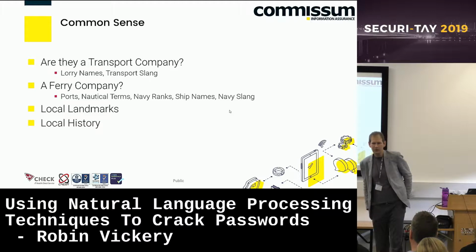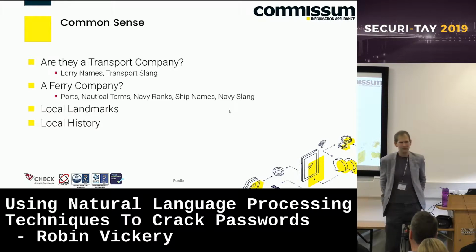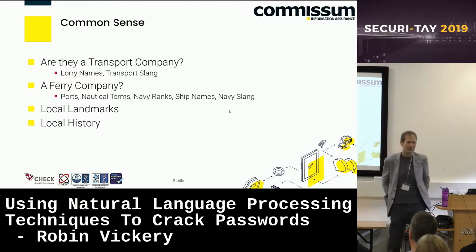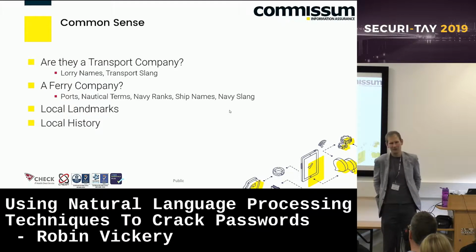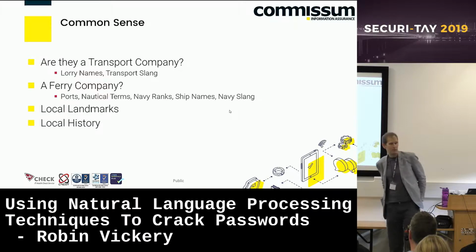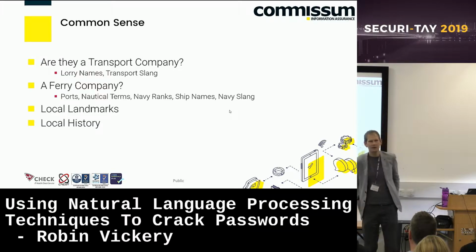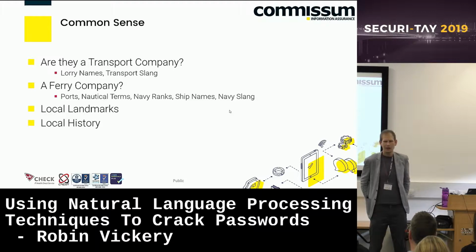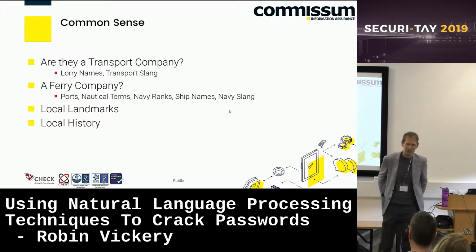And then you start using what I call common sense. You think about what the company does, and you try to think of what terms they might be using as passwords. So if they're a transport company, and they've got a lot of lorry drivers, brands of lorries, rest stops, main roads. If they're a ferry company, you're looking for ports, ship names, nautical terms. If you look at where the company is located, you're looking for any local landmarks, the history of the area,